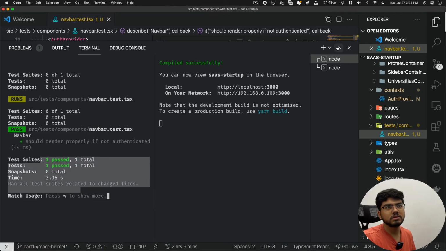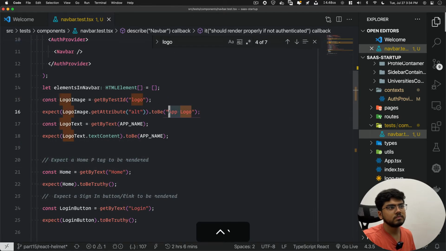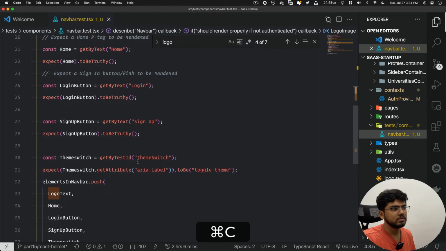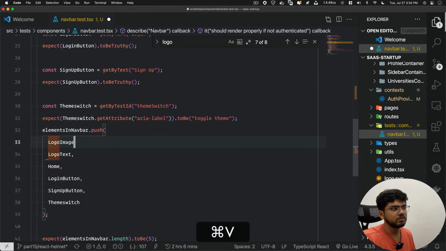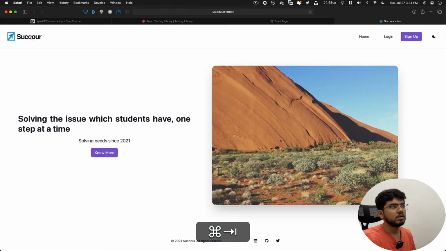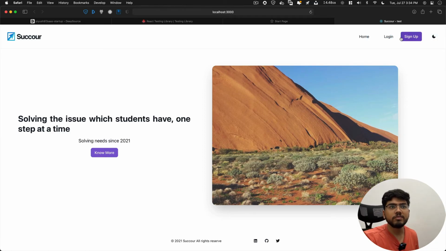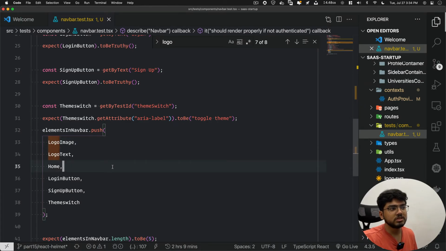So we'll add the last final most component here. Logo image. It should be the first one. And you can see logo image, the logo text, home, login, sign up, and text. Now theme switch, we have everything, and if anything was missing, it should fail.